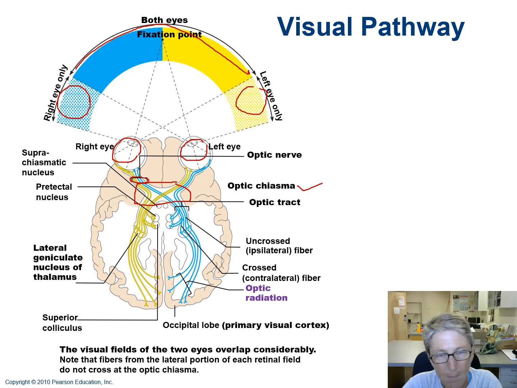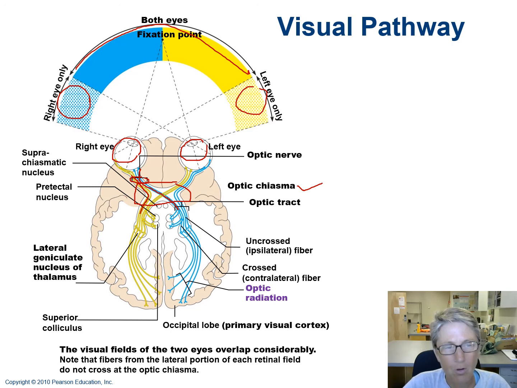What happens in the optic chiasm is some of the axons of the optic nerve cross over. So for example, if you look at the right eye, follow the blue neurons, they actually cross over, so they decussate, or the optic nerve hemidecussates, because half of the fibers or axons cross over in the optic chiasm. But look, half of the axons or fibers from the right eye do not cross over in the optic chiasm. And it's the same for the left eye. And then